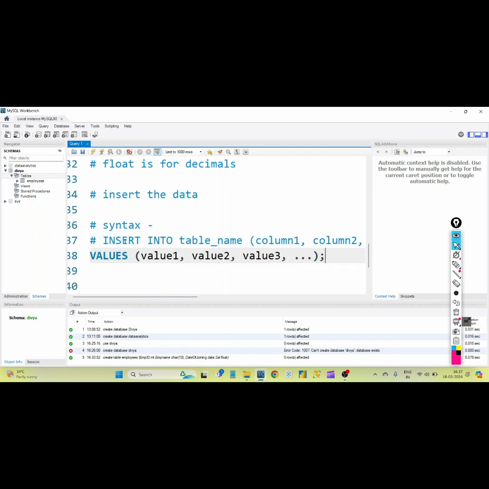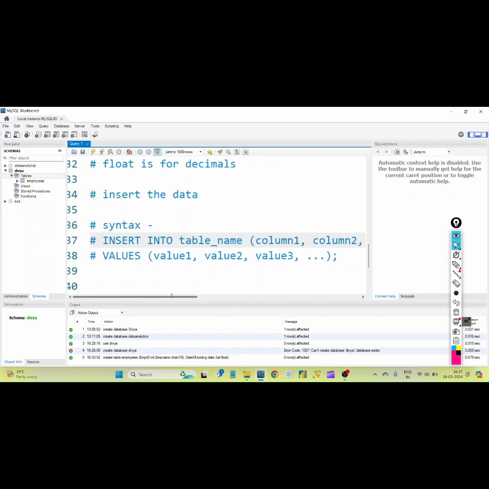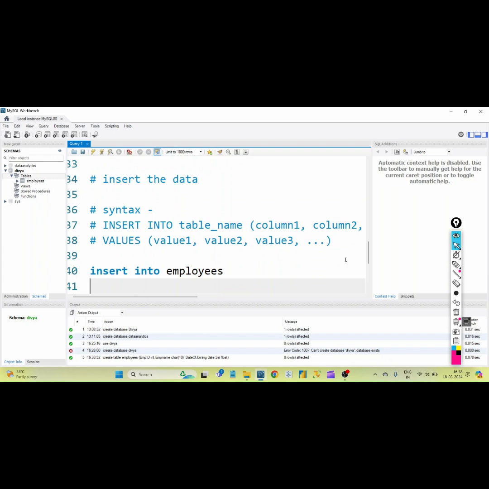This is the syntax of inserting the data, that is insert into table name. Inside the table name we will write the column name like column 1, column 2, column 3, so on, and then we will give the values as value 1, value 2, value 3, and so on. As I said, a semicolon is optional here. Now let me insert the data. Insert into, table name is employees, right? Employees, values,